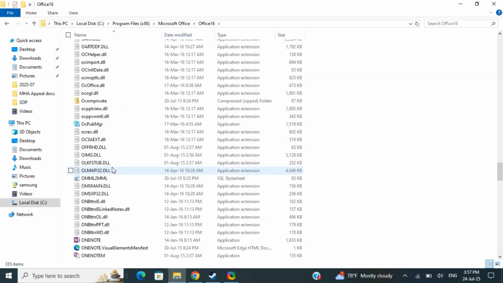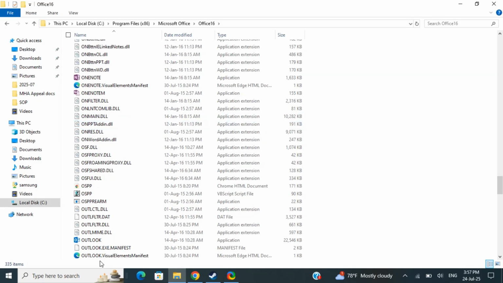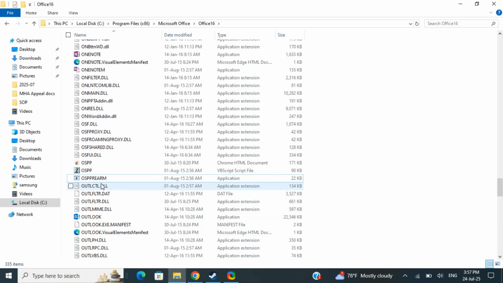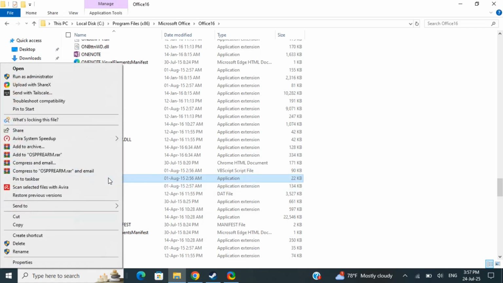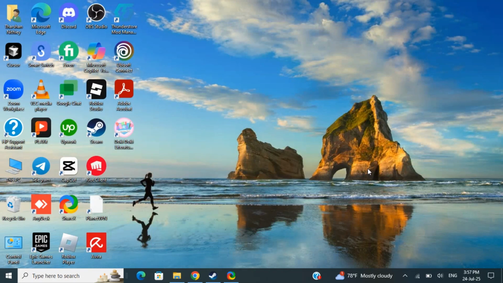So we're just going to look into mine. So Offstream, so that's the file name, Offstream. So yep, there you go, this one here. So once you find the file, click on it, right click after that, and then from the options here, hit on Run as Administrator. Click on Run as Administrator, and now launch the Office, and that should fix up